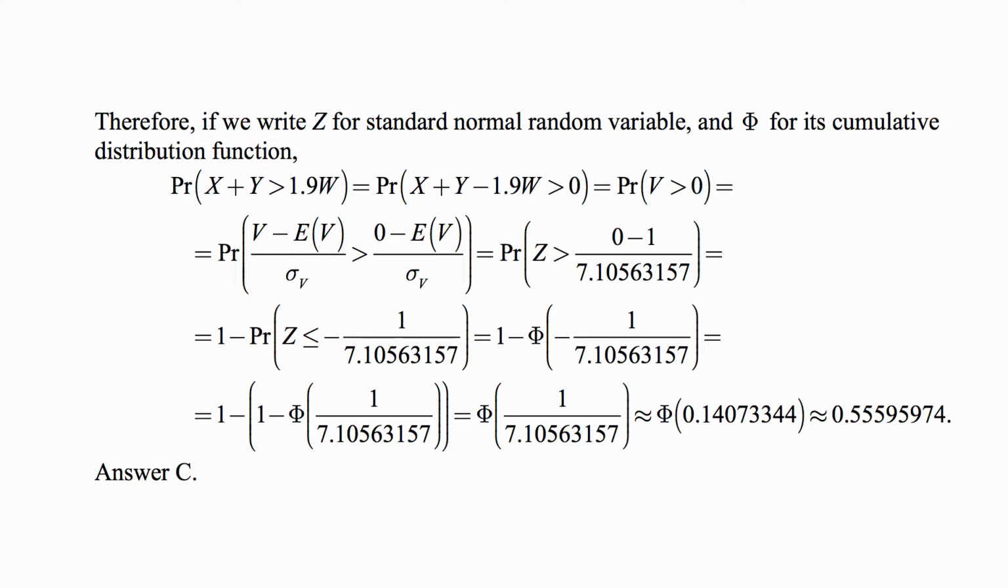Then the probability we're looking for is effectively the probability that V is greater than 0, which is the same as the probability of (V minus E of V) over sigma V being greater than 0 minus E of V divided by sigma V. Now this (V minus E of V) over sigma V is a normal random variable standardized, so it is standard normal. So we write Z for a standard normal random variable, and this becomes the probability of Z greater than 0 minus 1 divided by